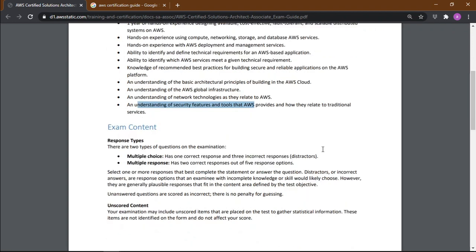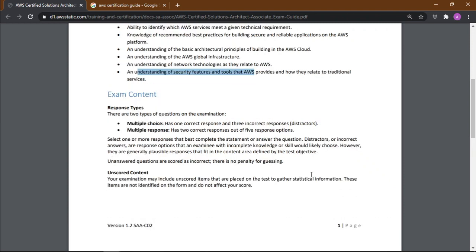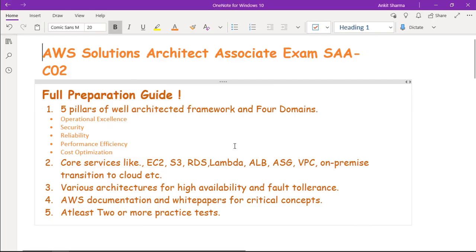So this covers all the high level aspects, the very high level aspects. Now I will deep dive into what exactly is needed on the service level for you to prepare for the AWS SAA-C02 exam. So for you to be a solution architect, you must know the five pillars of the well architected framework,